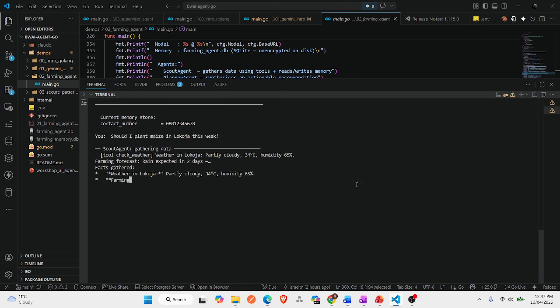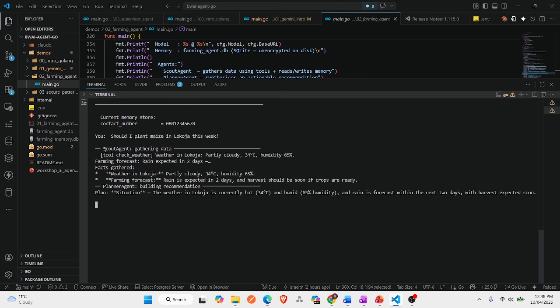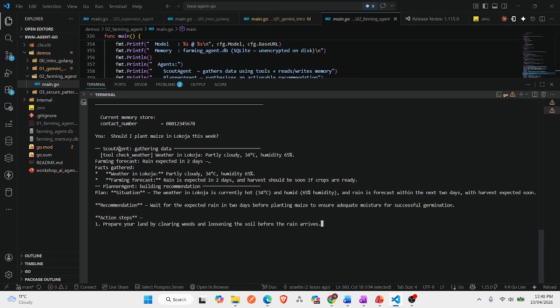So right now you can see the response. The AI agent understands what it's supposed to do, because here I'm asking, should I plant maize in Lokoja this week? So you understand this is about agriculture. So it knows what agent to call. First of all, it calls this first agent, gather the data, and then it understands what tool to call. So it's calling the agent for weather,